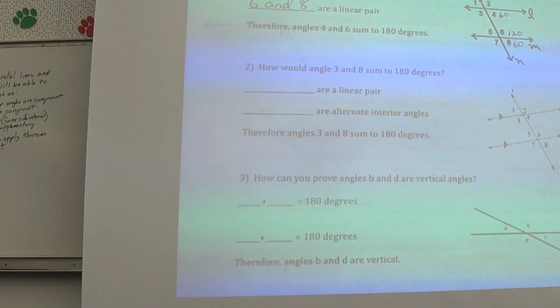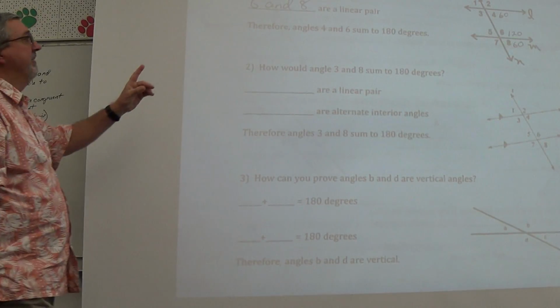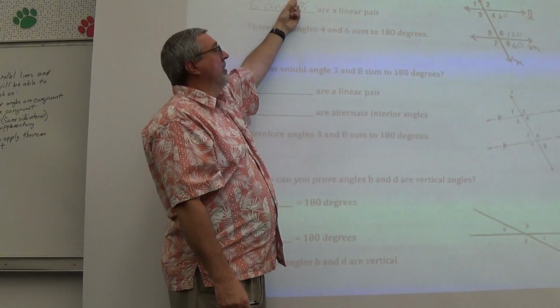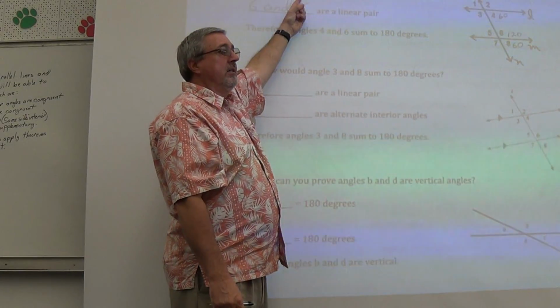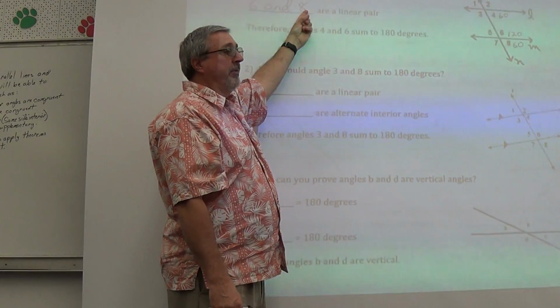Now, the reason I say 6 and 8 is a linear pair is because a linear pair we know is supplementary, right? We know a linear pair adds up to being 180 degrees. What we don't know is that 4 and 6 are supplementary yet. But if 4 and 8 are equal and 6 and 8 are supplementary,